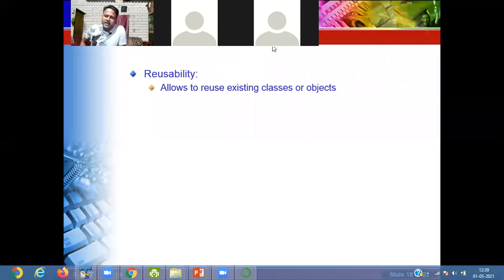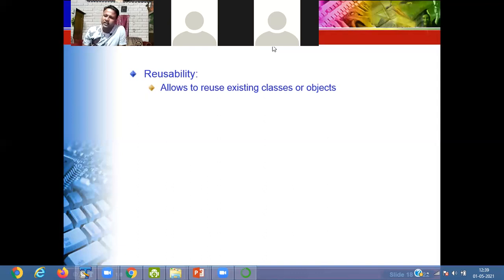If you take an example like the Windows 7 operating system, when Windows 7 came to the market, it came in the form of Windows Basic. Then we added some new functionality.